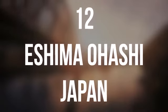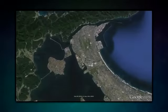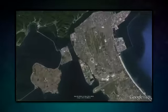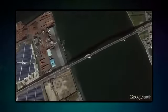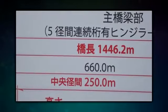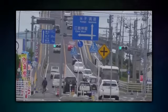Ishima Ohashi Bridge in Japan. The Ishima Ohashi Bridge is hilly, to say the least. It was originally built with this steep incline to allow ships to pass under the bridge. The bridge links the cities Matsue and Sakaiminato in an upturned roller coaster-like V-shape, easily comparable to a water slide. The concrete bridge spans around 1 mile long and is about 11 meters wide, allowing plenty of room for